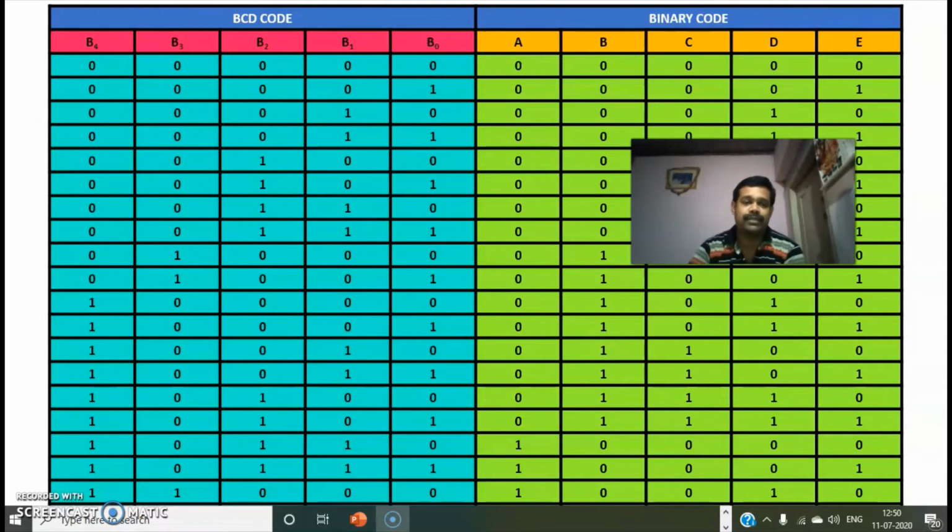Some of the states are unused. We have used 0 to 9 and 16 to 25. For all others, we have not used them, so they are unused states. For unused states, you have to put don't cares.